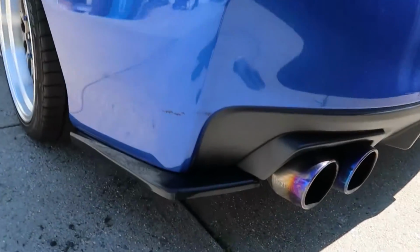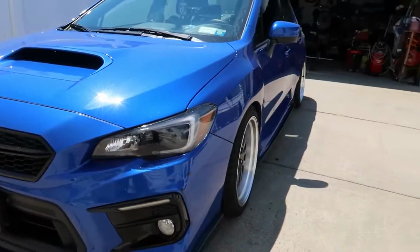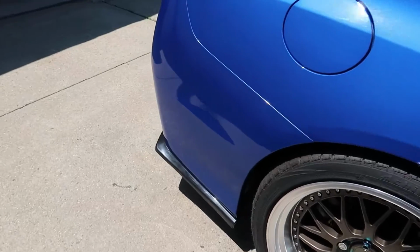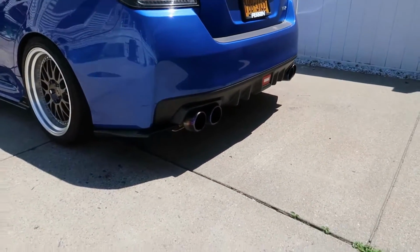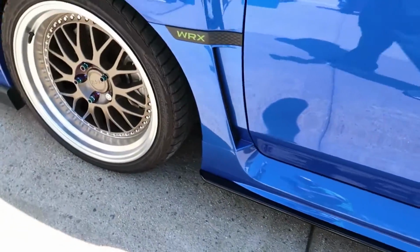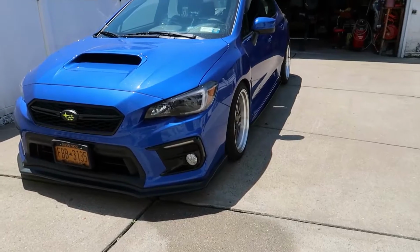Got the rears. I like the finish black. That means I'm gonna have to paint the rear and the front lip now to match. But for now, I think it came out great. Definitely happy with how this came out,